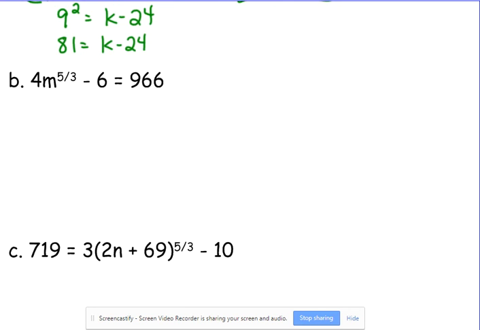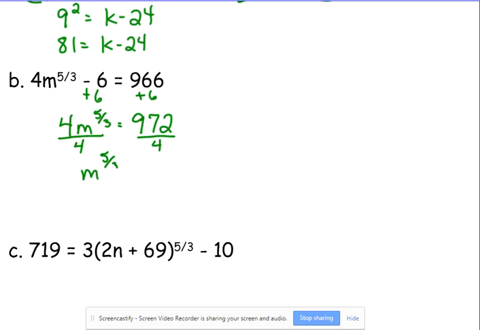Okay, let's do another one. 4m to the 5/3 minus 6 is equal to 966. First step, add the 6. So that's what, 972. Divide by 4. 243. Then we raise both sides to the 3/5 power, which tells us to take the 5th root